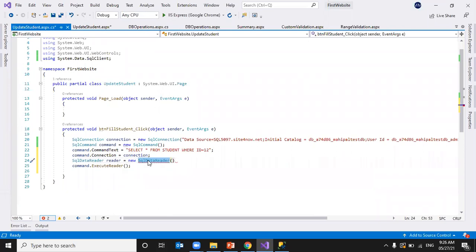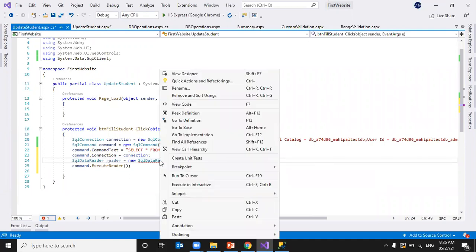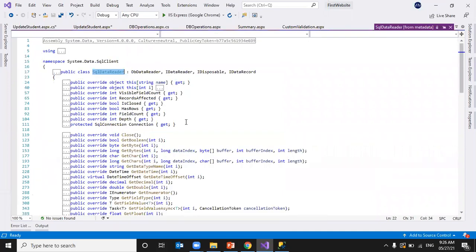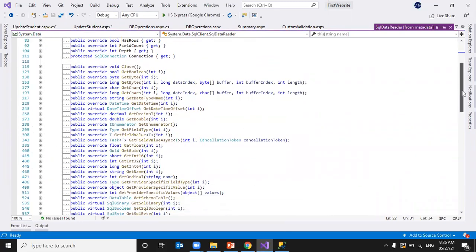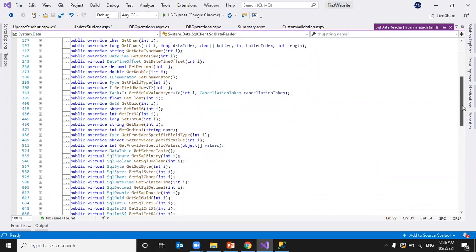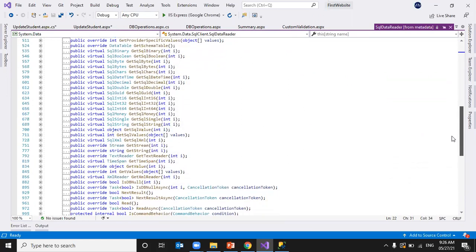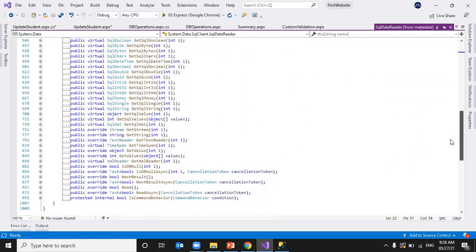Let's go and see what methods are available. These are the methods and properties associated with SqlDataReader. In order to read the data, we have a Read method.